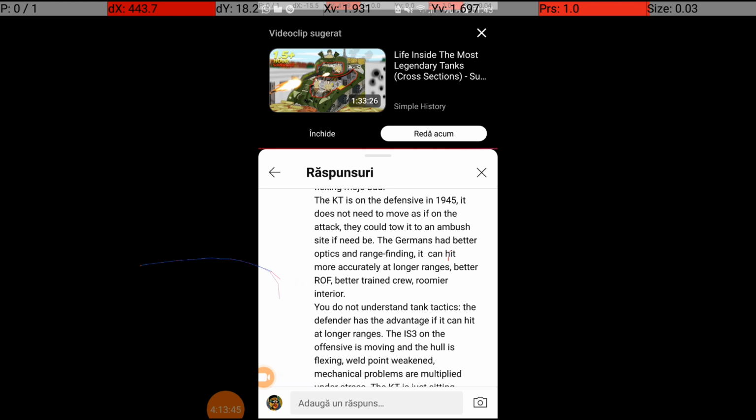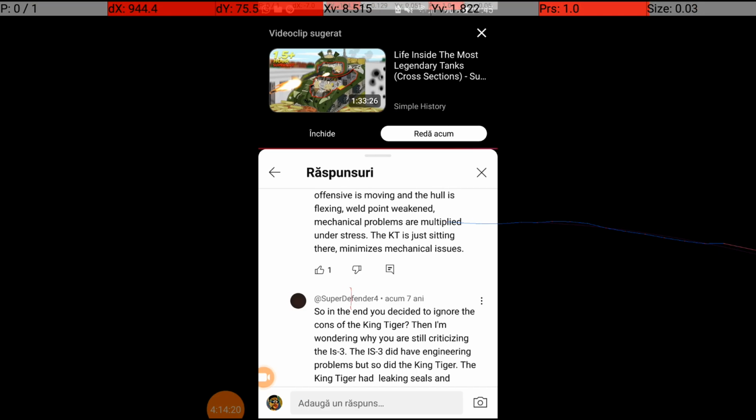The German had better optics and range finding. It can hit more accurately at longer ranges. Better ROF, I don't know, rate of fire, better trained crew, roomier interior. You do not understand tank tactics. The defender has the advantage if it can hit at longer range. The IS-3 on the offensive is moving and the hull is flexing. Weld point weakness, mechanical problems are multiplied under stress. The King Tiger is just sitting there, minimizes